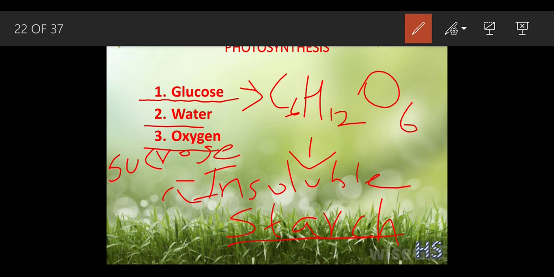See, what is the work of the glucose? Glucose is a monosaccharide, meaning simple sugar. During night time they convert into insoluble starch for a temporary period. Then this insoluble starch gets converted into sucrose solution, which helps the plant to translocate the food. Translocate the food means transport the food to the different parts of the plant, so it becomes very easy. This concept is also called the translocation of solute.